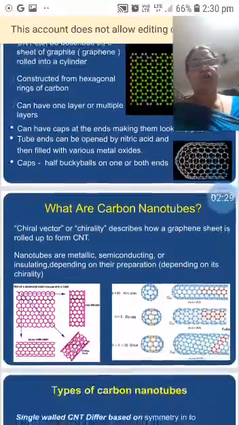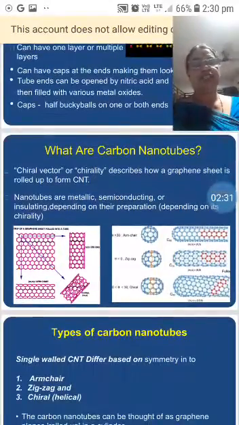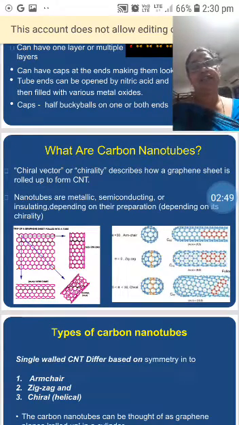Now these carbon nanotubes have different structures. One is the chiral vector, and actually it is rolled to form the CNT. Now these nanotubes may be metallic, semiconducting or insulating. That means depending upon the chirality, we have